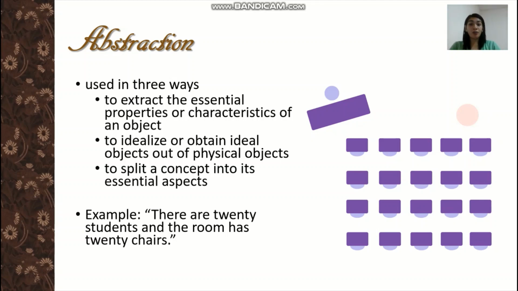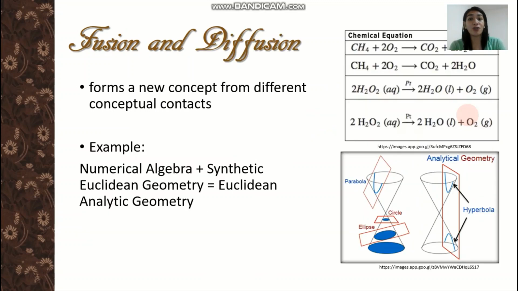Okay? And to split the concept into its essential aspects, that's it. It could be 20 students, 20 kids, or you can put 20 bags. So, that is abstraction. Next, we have fusion and diffusion. Fusion and diffusion basically form a new concept from different conceptual contexts. Okay, fusion, we mix. For example, numerical algebra plus synthetic Euclidean geometry could be your Euclidean analytic